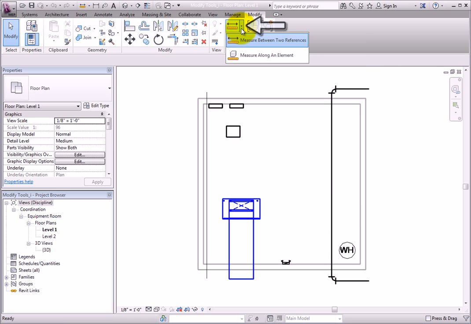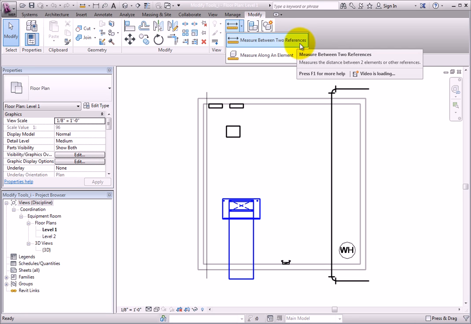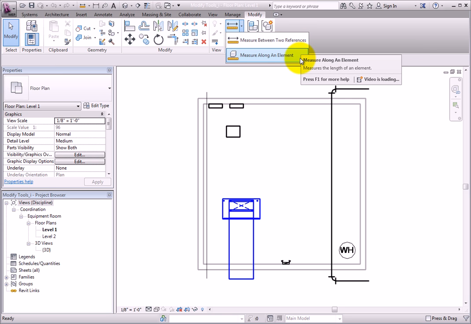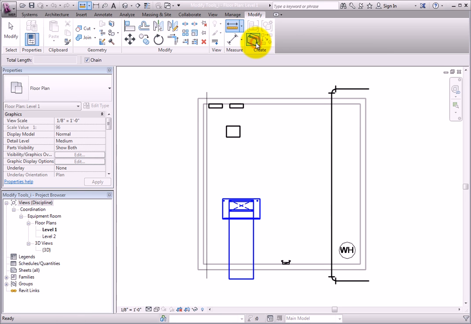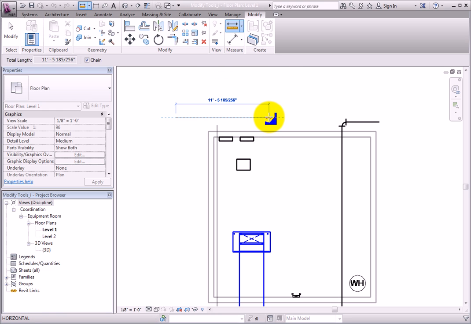Realize that the Measure tool is actually a split button. There are two tools, Measure between two references and Measure along an element. I'll click to start the Measure between two references tool. Revit prompts me to click to enter the start point of a line. If I simply click, I can then move the cursor and click again, and Revit will display the distance between